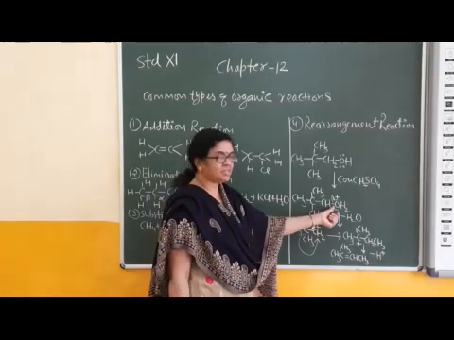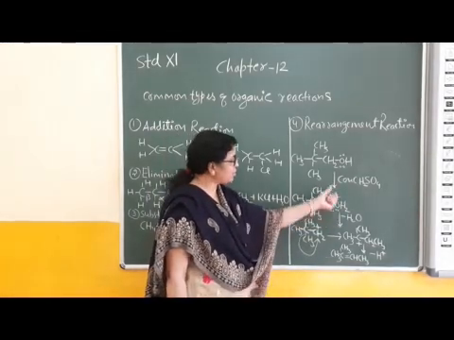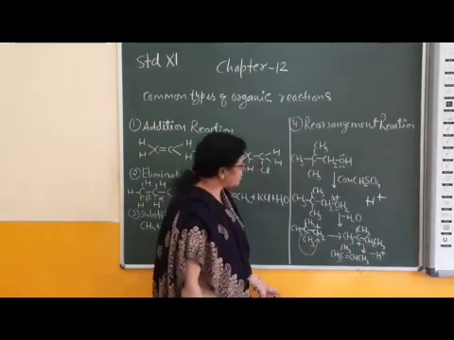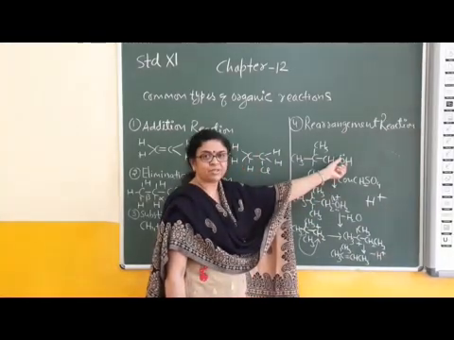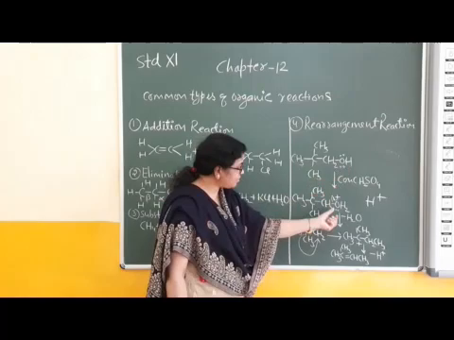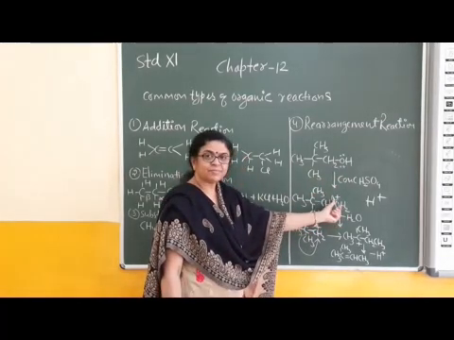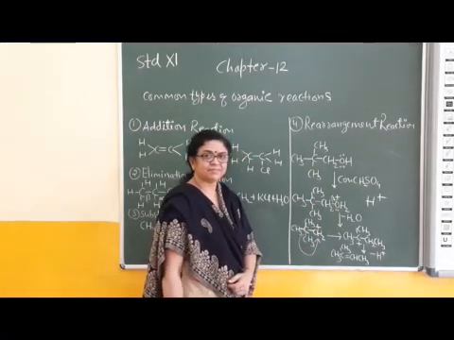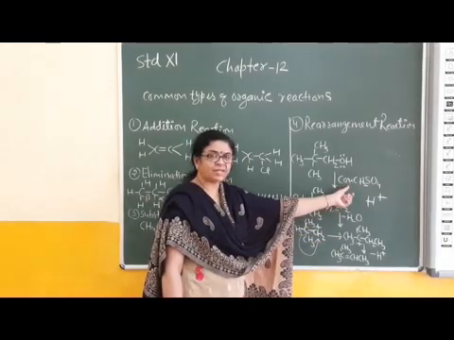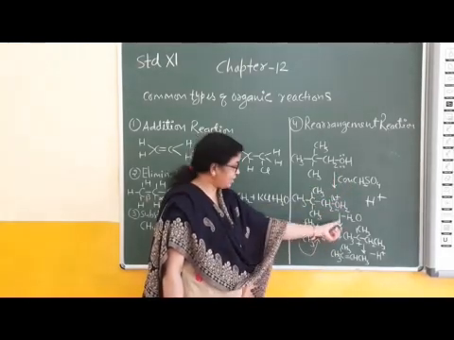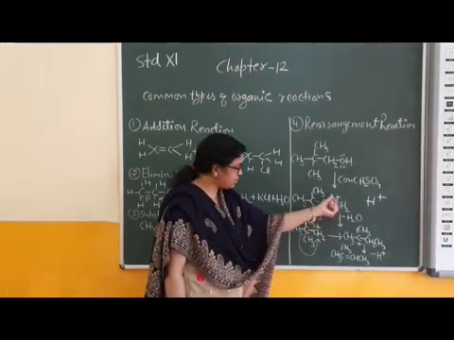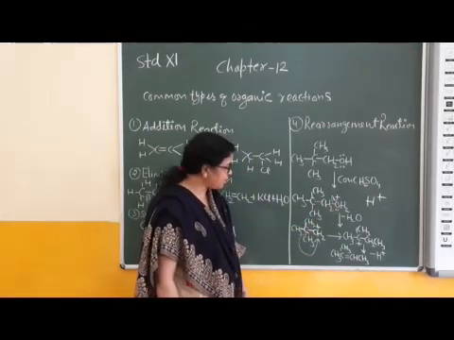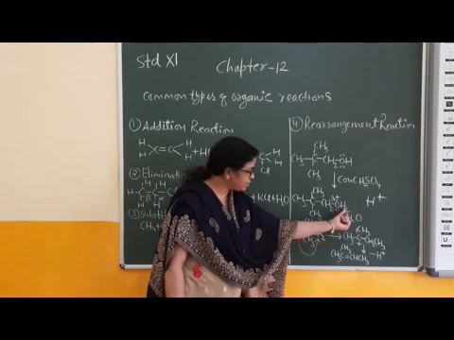First step is protonation. This is showing protonation of this alcohol. The proton of concentrated sulfuric acid is accepted by the lone pair of electrons of the oxygen atom. Okay children, this is OH2 plus, protonated alcohol, right? Next step is dehydration. In the presence of concentrated sulfuric acid, dehydration occurs. Elimination of water. This is the point of cleavage. Bond breaking between C and O. After complete breaking of this chemical bond, then elimination of water, H2O.